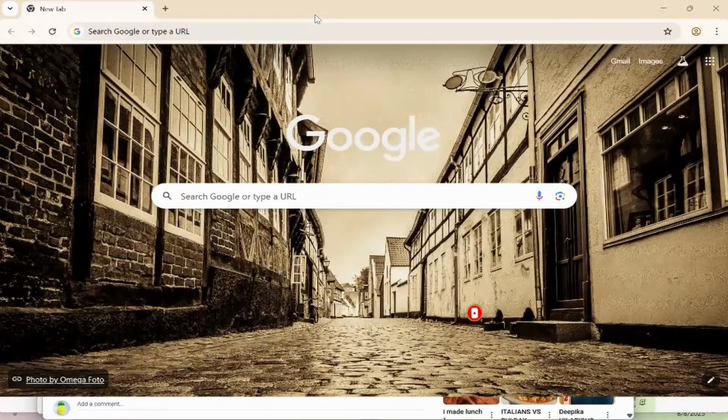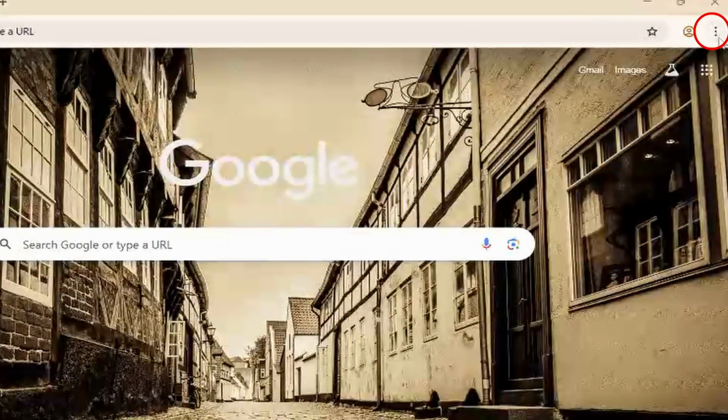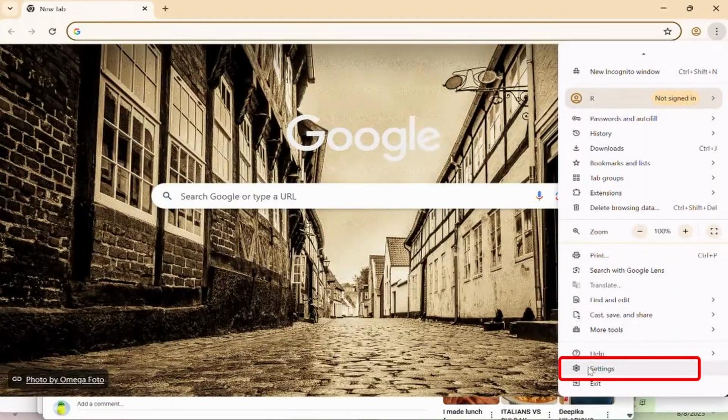So if your YouTube is not playing because of errors, it might be because of your browser issue. For that, you'll need to go to the home page of your Google Chrome, and then you'll find three dots on the top right. Scroll down and tap on settings,